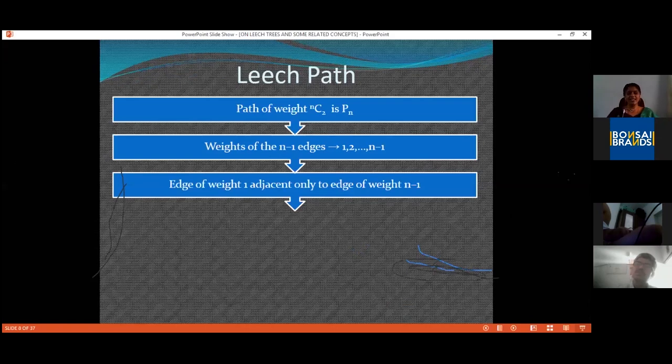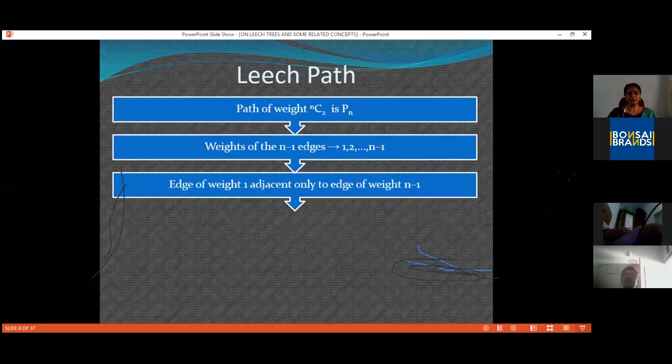Here k is an edge weight. We know that the edge weights are exactly 1, 2, etc., n minus 1. And now we are getting that the edge weight k must be greater than or equal to n minus 1. So the only possibility is to take k equal to n minus 1. So the edge labeled 1 can be placed next only to the edge labeled n minus 1, not anything else.